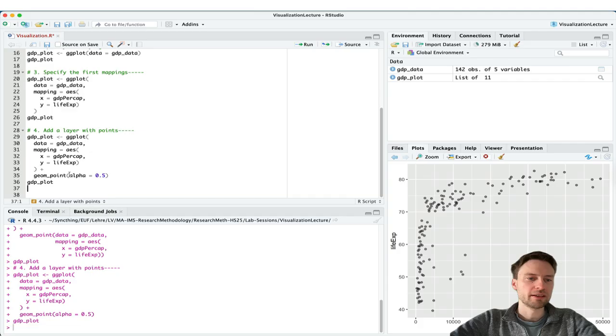Here, the important thing is that this argument is not inside a mapping, so it applies to all points equally. If you had written something like that within the mapping, the value for each point would depend on the value of the variable. But if you just write it within the function like here, every single point will have a transparency of 50%. If you would link that with a variable name within an aesthetic mapping, each point would have a different transparency depending on the value